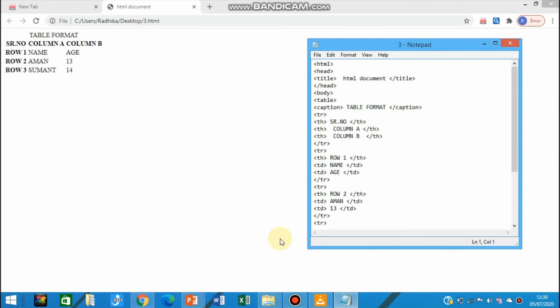Okay. You can also add designs. We will see that as we go ahead, how to add designs, how to make your table more attractive. We can also do that using some more tags. Okay. So we will see as we go ahead. So this is the basic table that we have created using the 5 tags that we saw in the previous slide. Fine. So far we have seen how to create the table using the basic 5 tags of the table. And in the next session we are going to see how to add design and styles to the table, and also we will see how to link another web page to our web page.